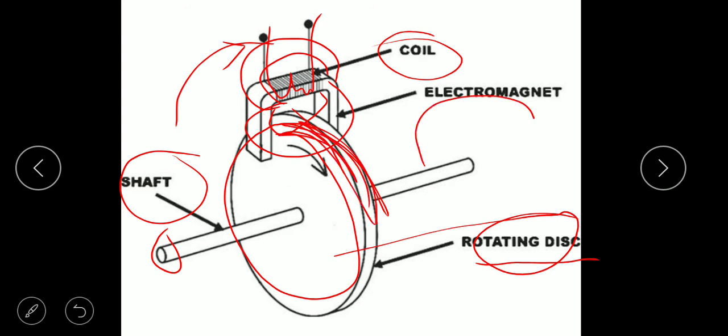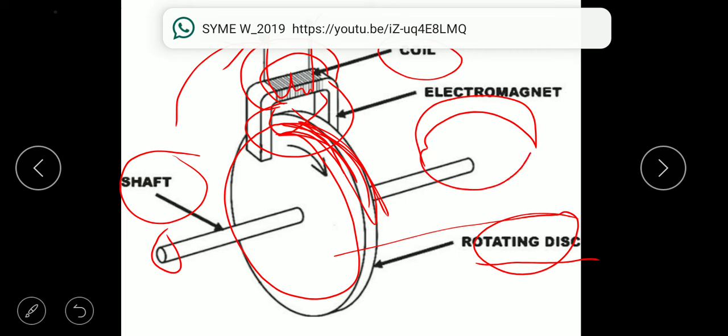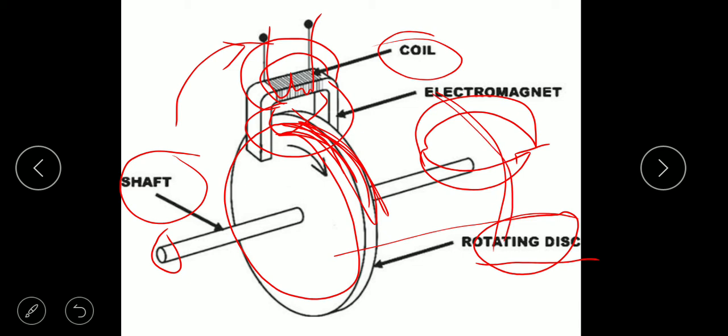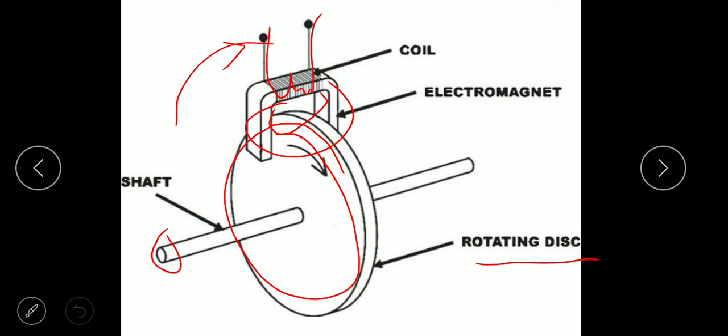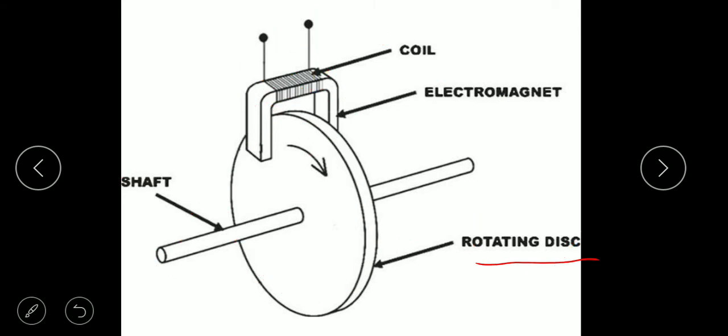At the initial case the magnetic flux was this way, but when the disc starts rotating the magnetic flux will be disturbed, and due to the disturbance in the magnetic field, current will generate in the disturbing component. Now the simple thing is, in previous cases, take the example of LVDT. In the LVDT also we have discussed that due to the electromagnetic conditions, the current is developing in the secondary core portion and secondary windings.